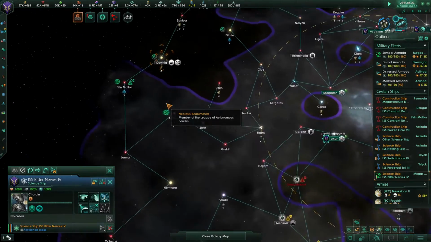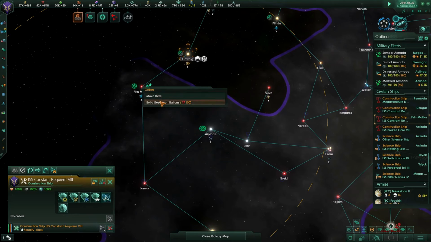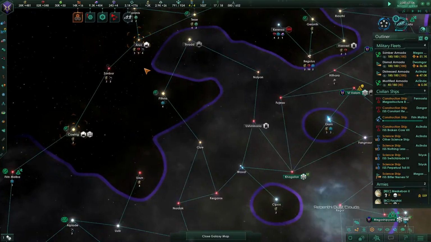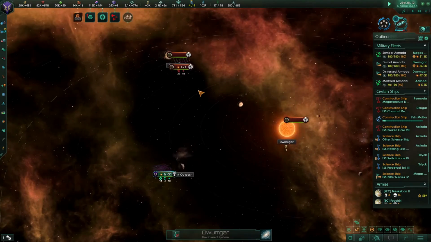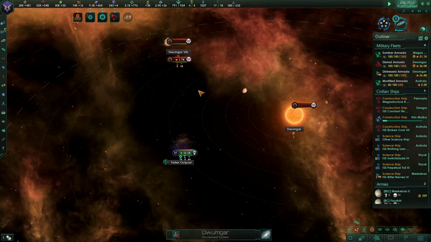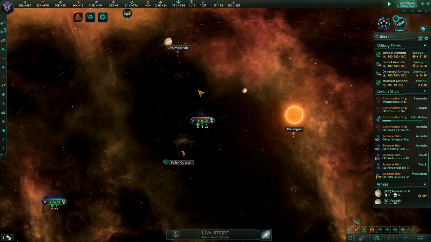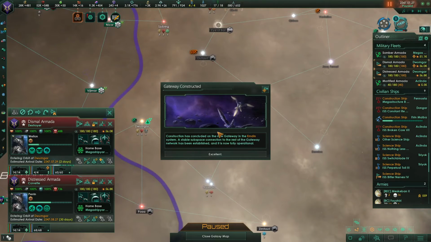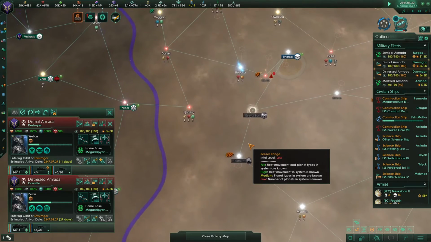Okay. I wanted you to come over here, because the rubricator is on one of these two sites. This should be over quickly. Poof. Gateway constructed in the Emden system. Awesome. Okay, so that's...